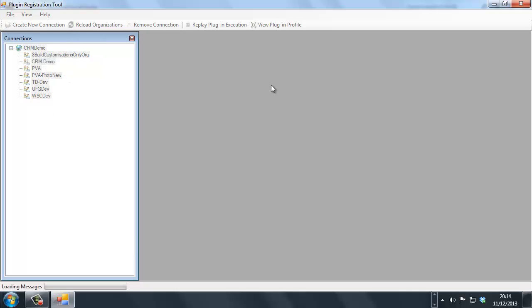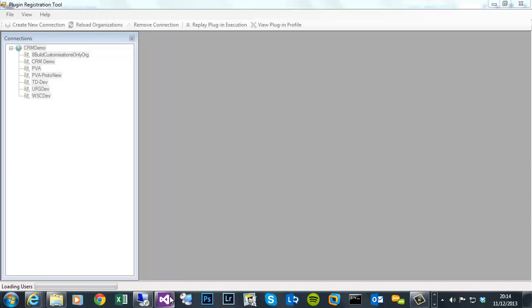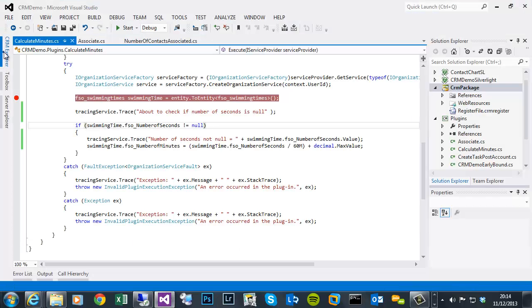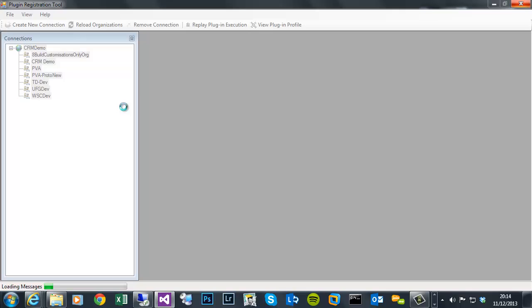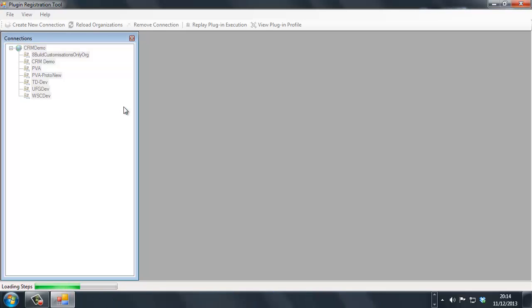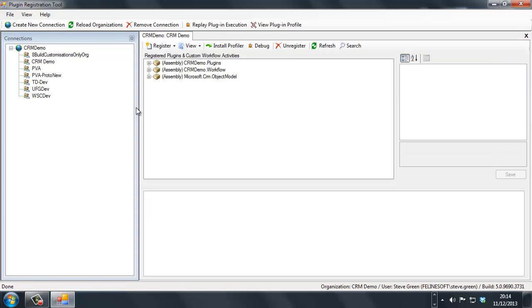I'm hoping most of you are fairly familiar with the plugin registration tool. It's just another way of what we see in the CRM Explorer when we register plugins, and it gives us those options. It's the more manual way of deploying assemblies and registering steps, but where I showed on the previous one about doing a count on a many-to-many, it has all the message types available because of the way it